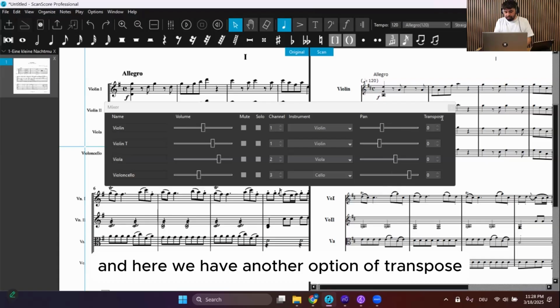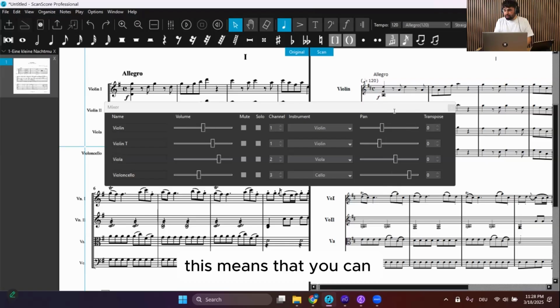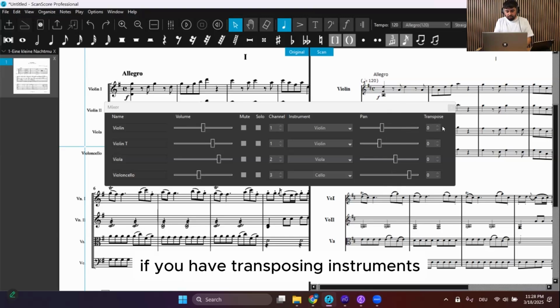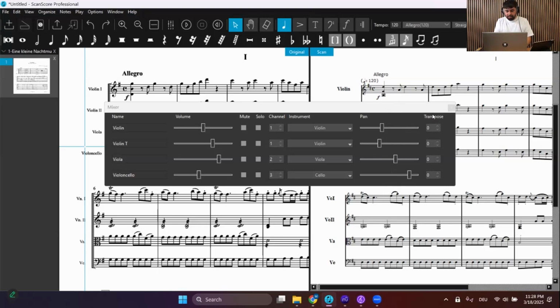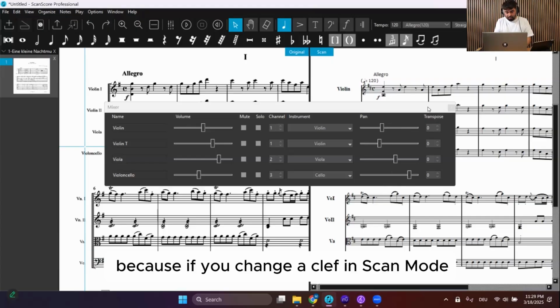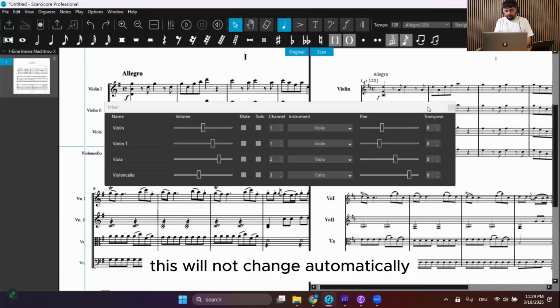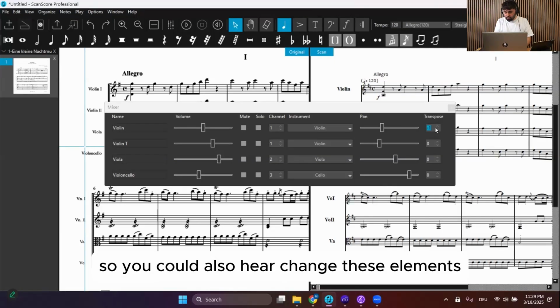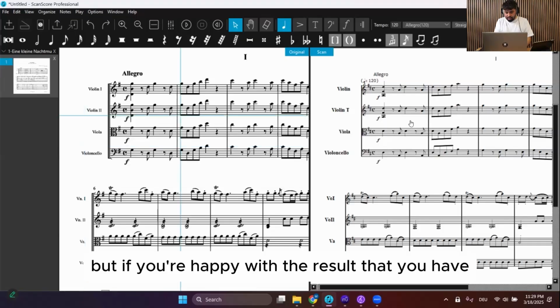And here we have another option of transpose. This means that you can just have the sound transposed, not the notes. So if you have transposing instruments or you have to change a clef, because if you change a clef in scan mode, this will not change automatically also the notes, because ScanScore thinks that the notes are recognized correctly. So you could also here change these elements. But if you're happy with the result that you have,